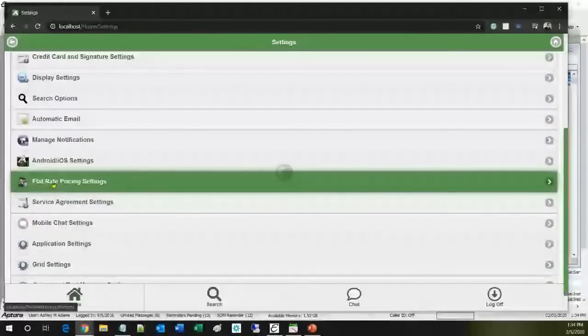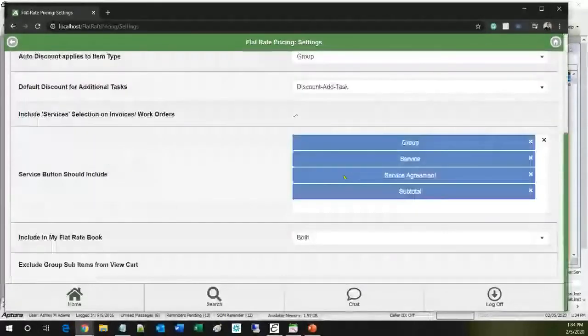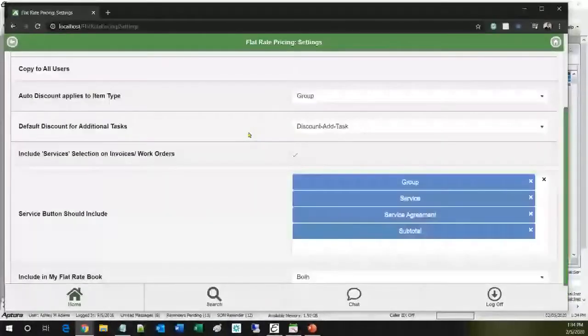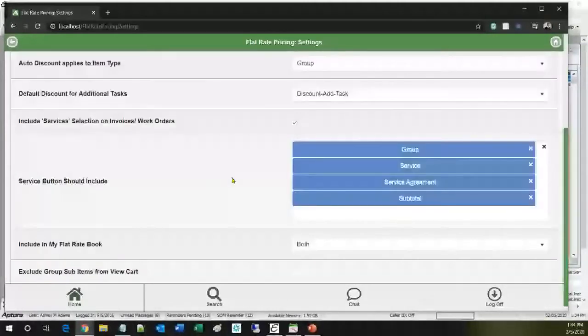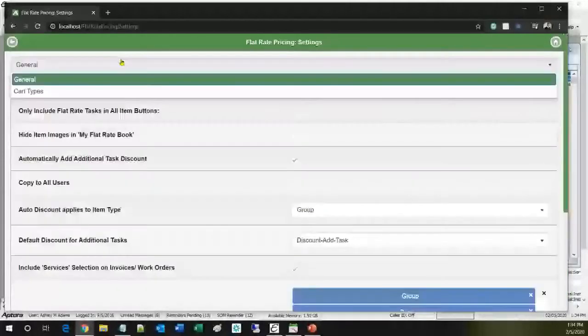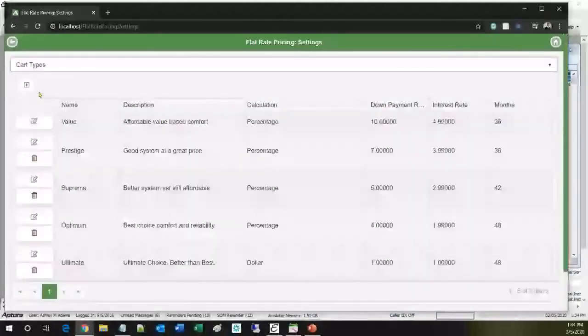Okay, so we've remodeled this form here. We've added a few features, some additional capability, again, based on what people have asked for. So be sure to check out these settings so that you can see some of the new choices. The layout's a little different. What I'm particularly looking for is something called cart types. That's new. What this allows you to do is create good, better, best, totally great options for service,